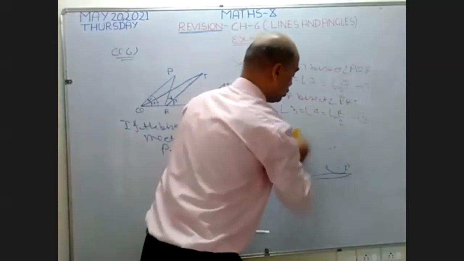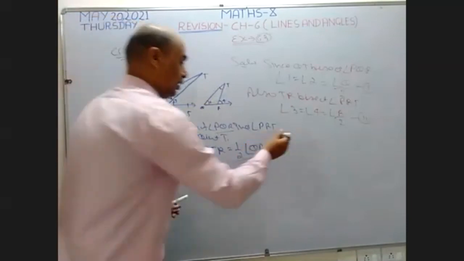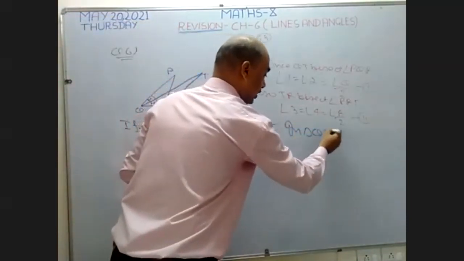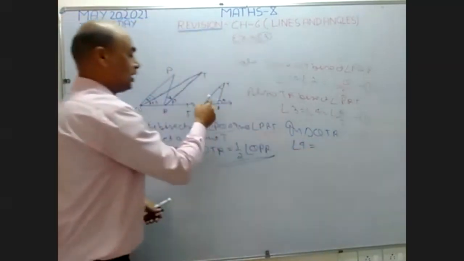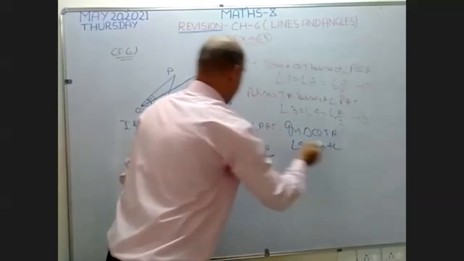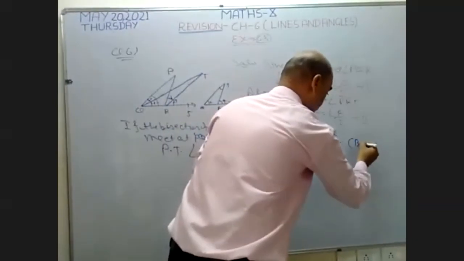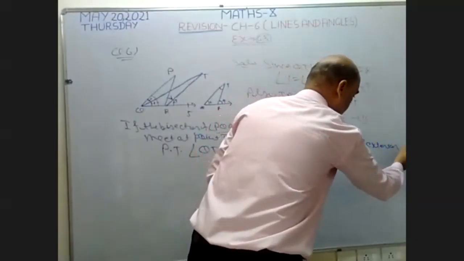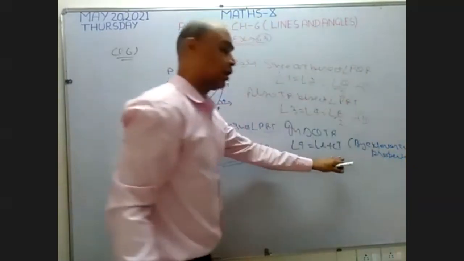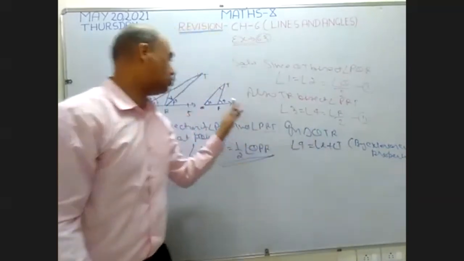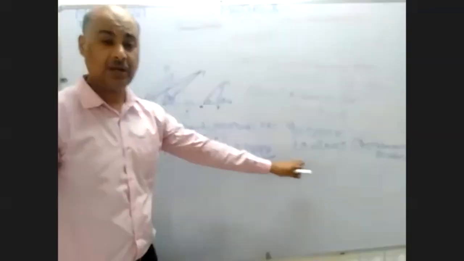Now I'm going to use this exterior angle property in this triangle QTR. So I write here, in triangle QTR, angle 4 is equal to angle 2 plus angle 3, by the exterior angle property. Is it clear to all? I write this by using the exterior angle property. I take this triangle first, angle QTR. Is it clear, beta? Yes, sir.